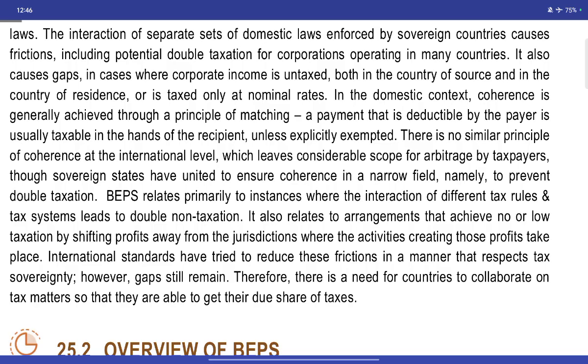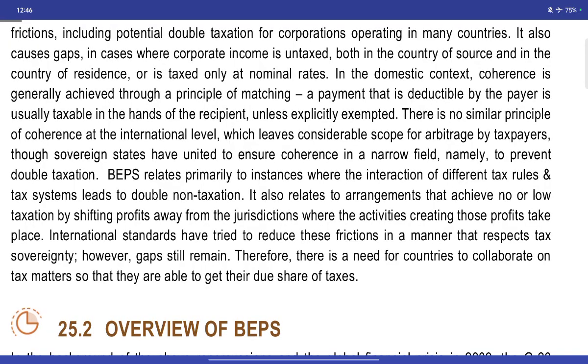In the domestic context, coherence is in general achieved through principle matching: a payment that is deducted by the payer is usually taxed in the hands of the recipient. Unless explicitly exempted, there is no similar principle of coherence at the international level, which leaves considerable scope for arbitrage by taxpayers. Sovereign states have united to ensure coherence in a narrow field, namely to prevent double taxation and BEPS, base erosion and